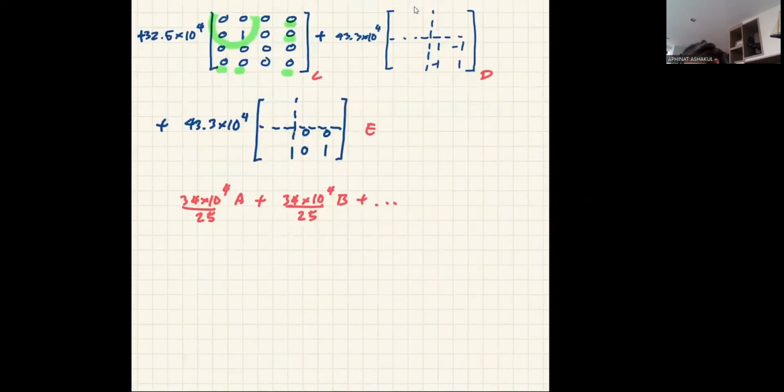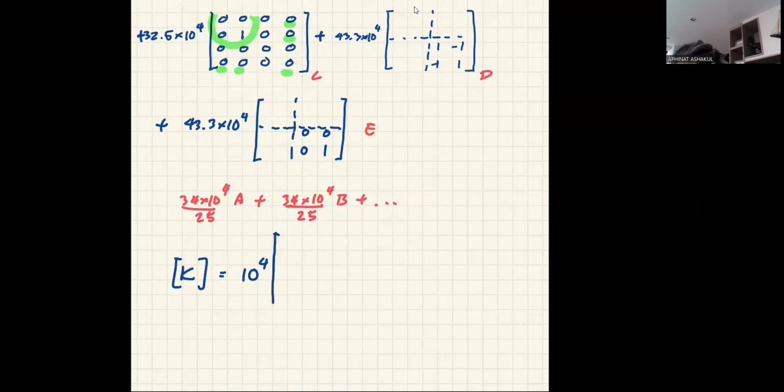Okay. So in the end, we have the results, folks. Here. So I'm taking 10 to the power 4 outside. So this is the stiffness matrix of our system now. Okay. I'm taking this outside and I put the coefficients inside. So see some strange numbers. 24.5. Be careful of your significant figures. 0, 0. Minus